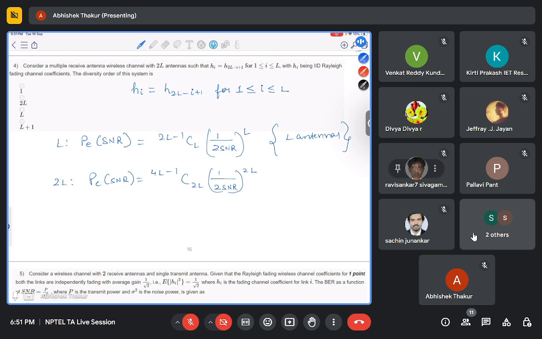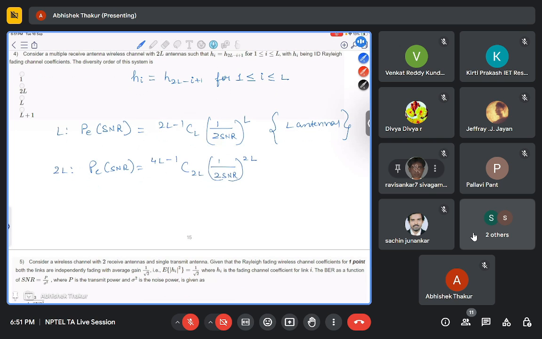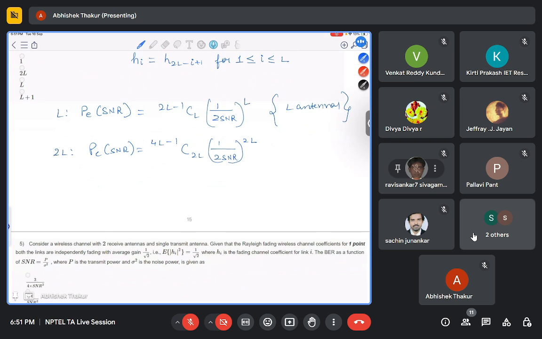So this is our probability of SNR. Now we will use the diversity formula. D is equal to minus limit SNR tends to infinite log of,